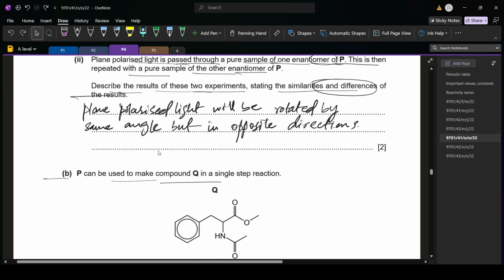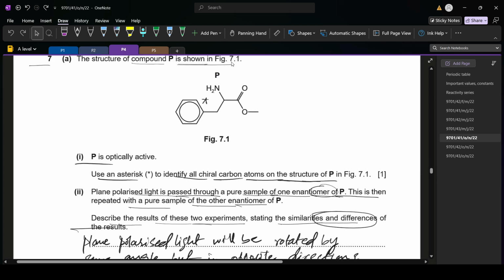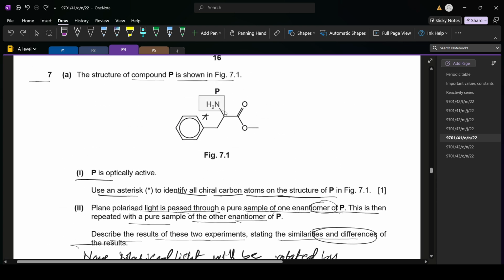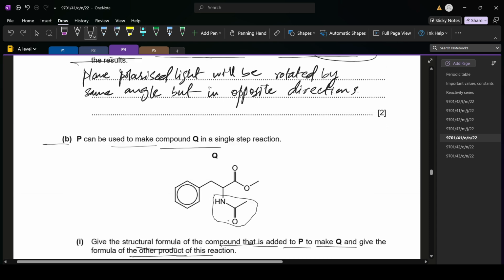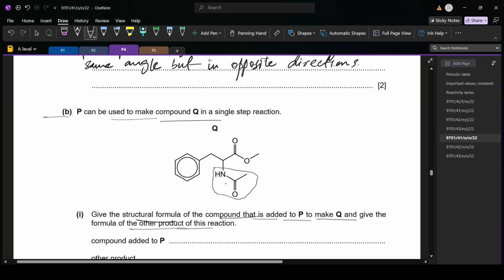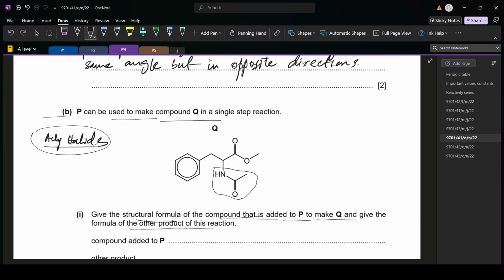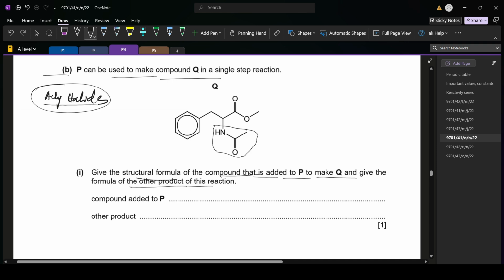So what is added? You can see that one hydrogen of this amine group is changed with this group. So this is actually an amide linkage, and amides are formed from acyl chlorides or acyl halides. So the other compound which is added to P will be